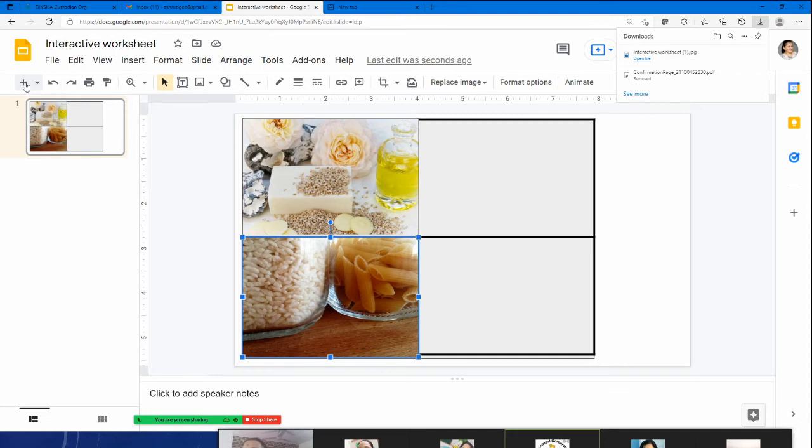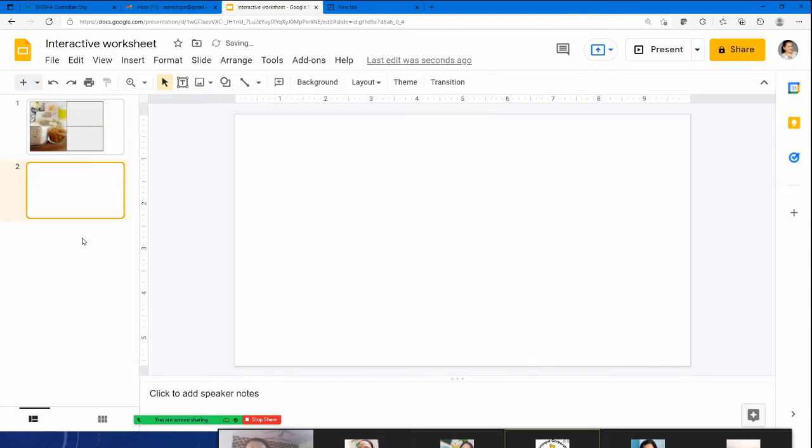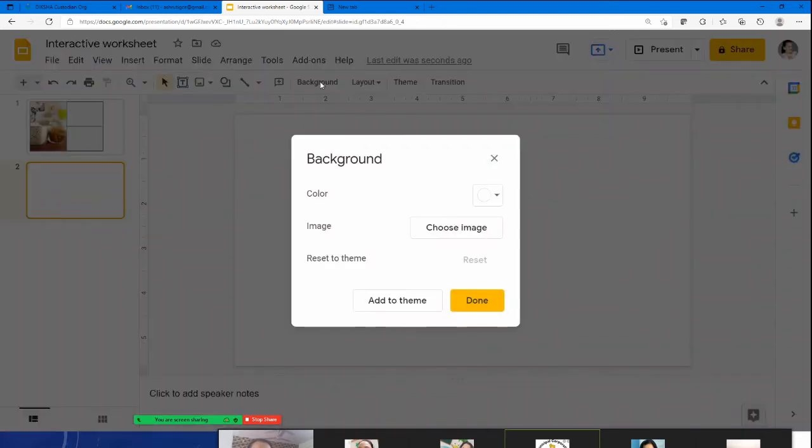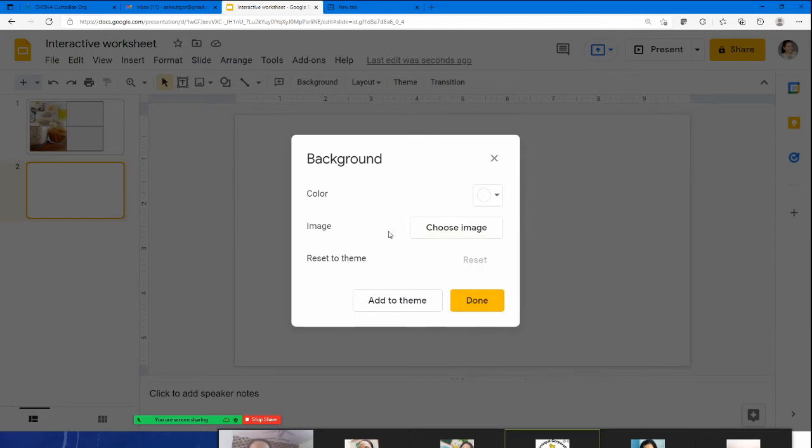So what I want is a new slide, but I want the slide to be blank again. Okay, now this image I've already downloaded and kept. I'm going to make use of another image, but this is how you can make your own image and save it. Then I can use this image as a background. So what do I do? In my new slide, I click on background. Now it asks you, if you want, you can change the color. If you want any specific color, you can make the whole slide of that single color. We don't want a color or any gradient, rather I want to choose an image.